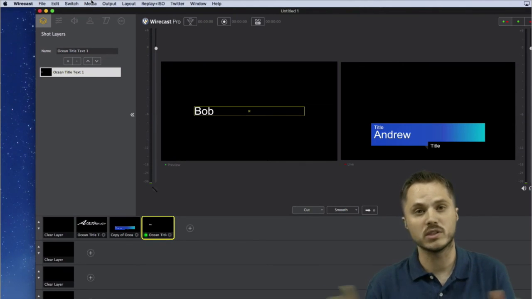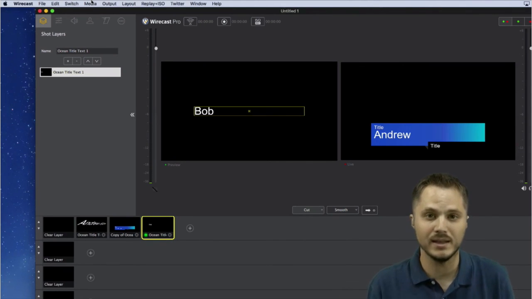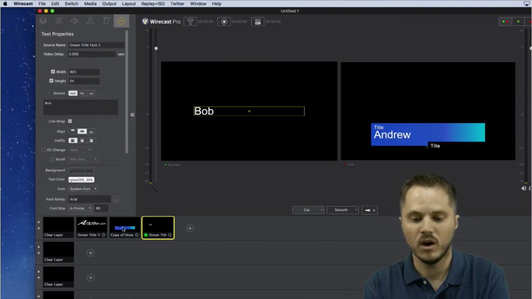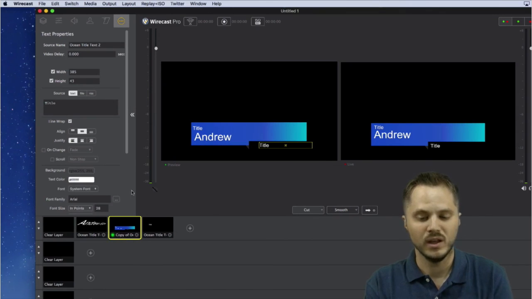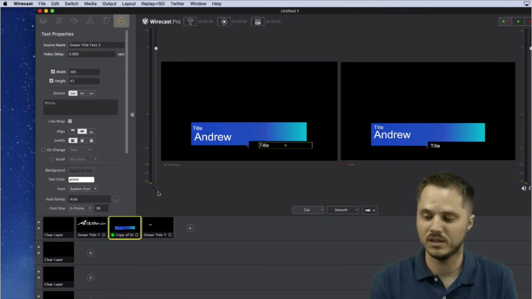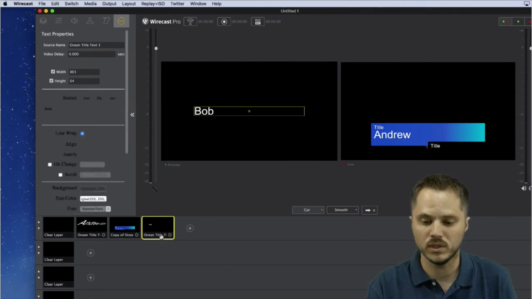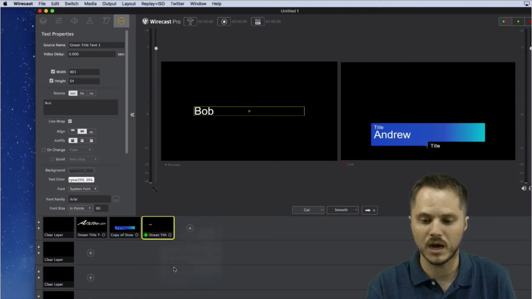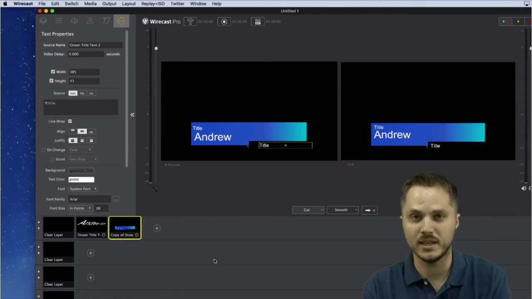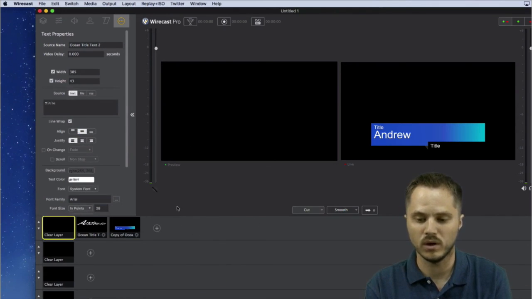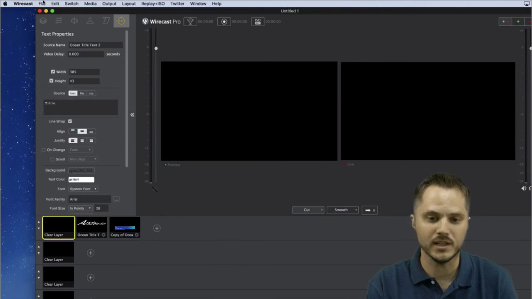It's a little different. The source settings window's gone, which I'm actually glad. I didn't like the source settings window much, but it also makes all that management very contextual. So don't delete shots that you might want, I guess is the rule of thumb there. And Wirecast will actually warn you. If you delete this Bob asset and there's no shots anywhere in the project that are using that anymore, and then you save it,